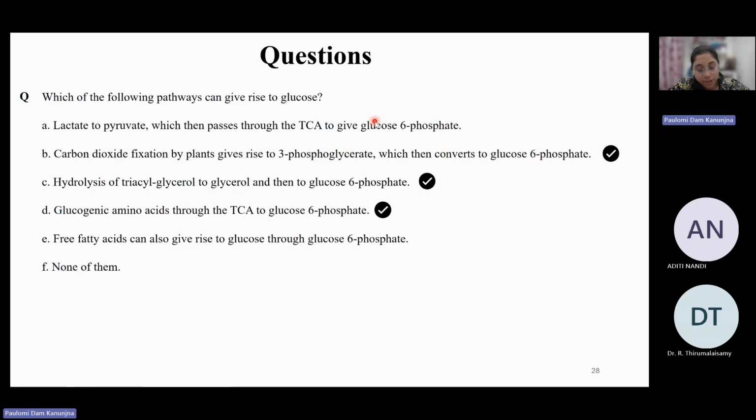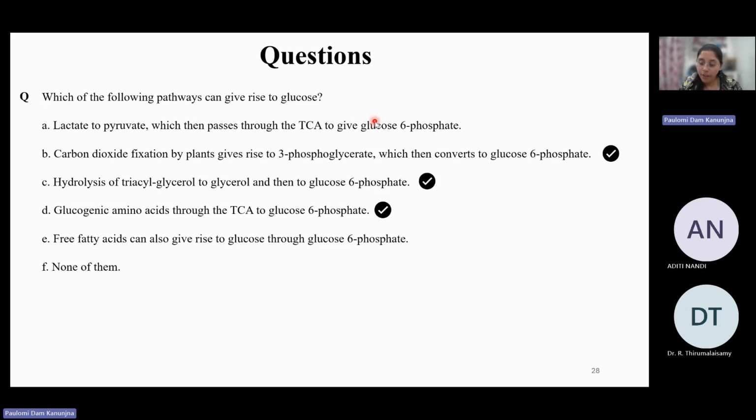Regulation for any of these pathways in a very broad sense is mediated by the concentration of the reactants and the products. If your product is too high, then the forward reaction is inhibited. But if your product is less, then you are in need of those products, so your reaction will take place